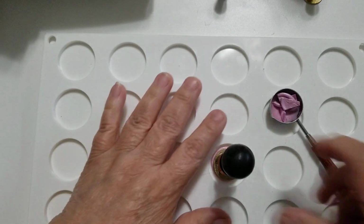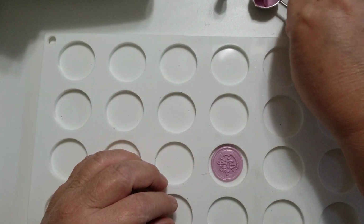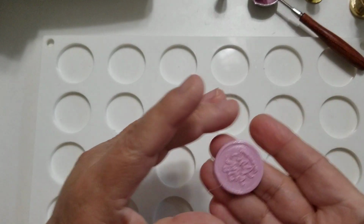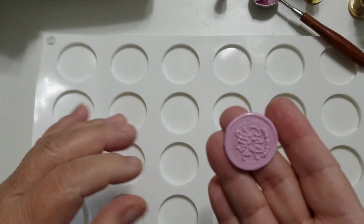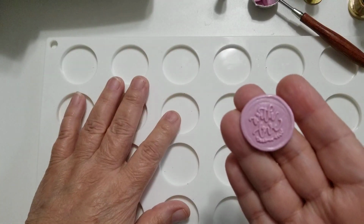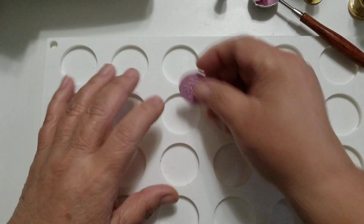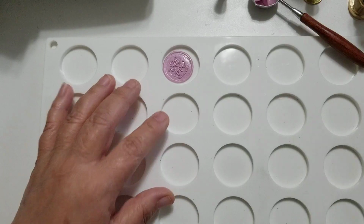Okay, let's see if this is ready. That doesn't look bad, actually. It doesn't look bad at all. So there is the wax seal. So that doesn't look bad. I'm going to let it dry for a little bit, and then I'm going to show you how I use the ink pen on there. While this one is drying a little bit more, I'm going to